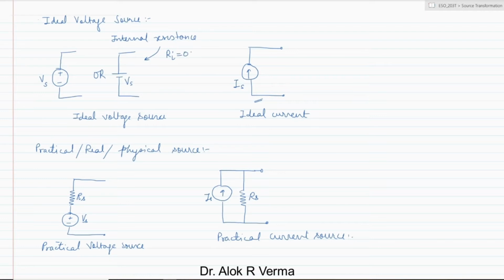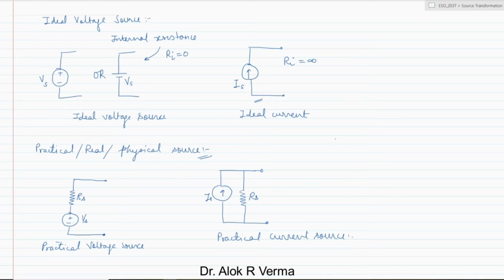Ri is 0. Here the internal impedance is infinity. Okay, so what we want to understand from these real practical sources is whether we can transform from one type of source to another type of source. So this is the purpose today. Before going to that part, let us first draw the characteristic of these two sources. We are just trying to find out how the voltage will be